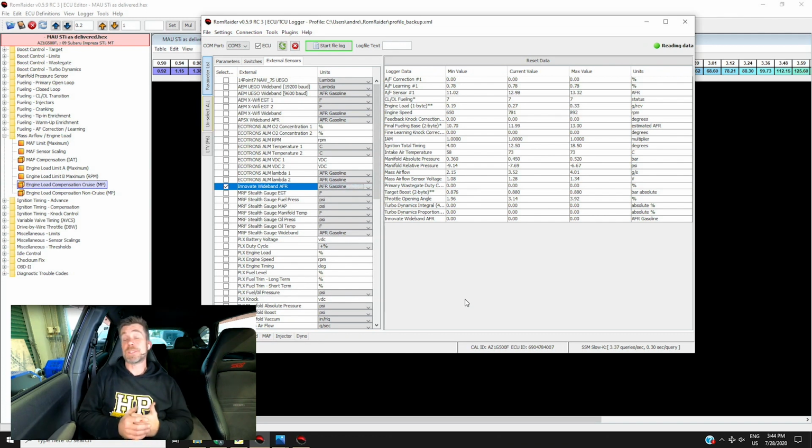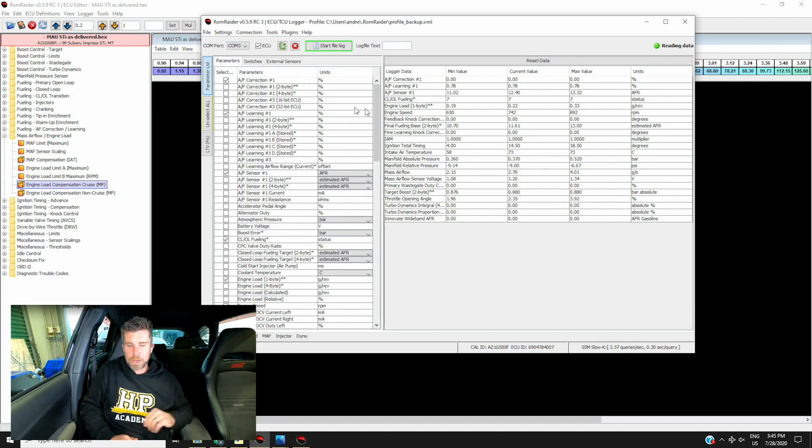It's important here to make sure that you are matching your units, and this actually goes for all of the units we are logging. With some of our aspects, such as manifold absolute pressure, we've got the option to log in PSI, bar, kPa, absolute, or gauge, and you can get yourself quite confused if you aren't logging in the correct values. That's something we'll dive into in a little bit more detail. We'll head back across to parameters.